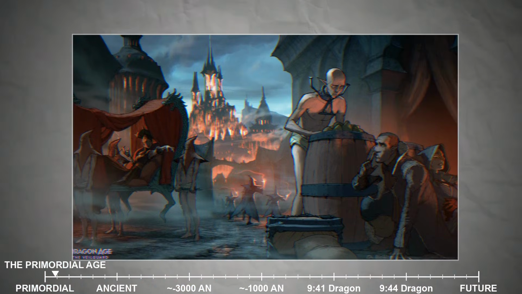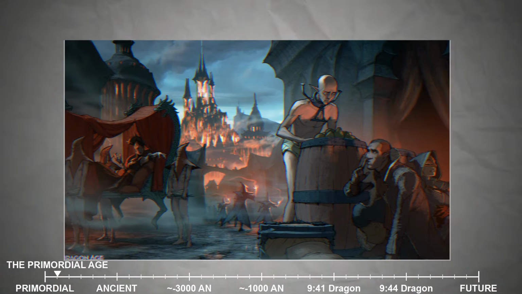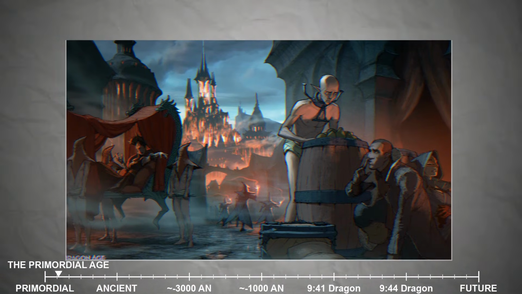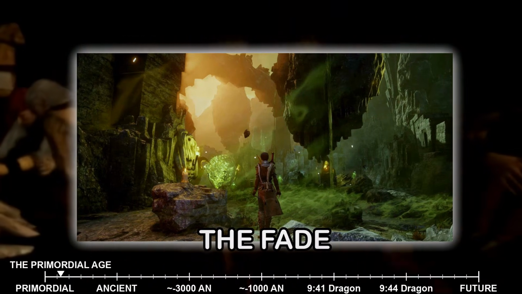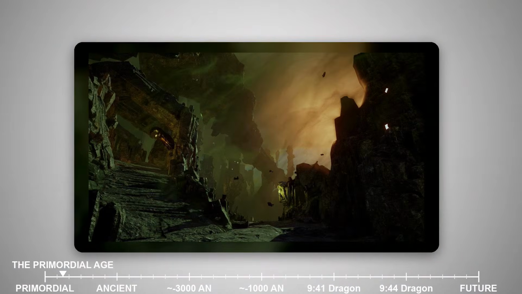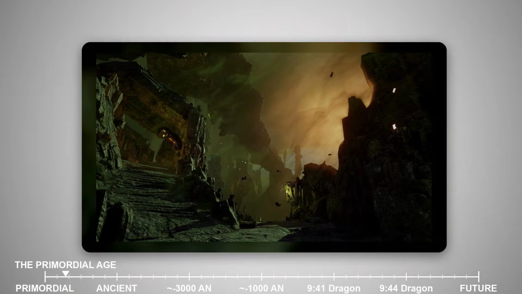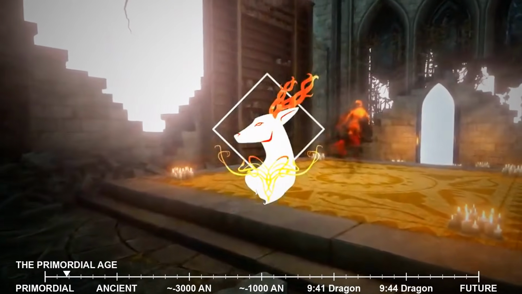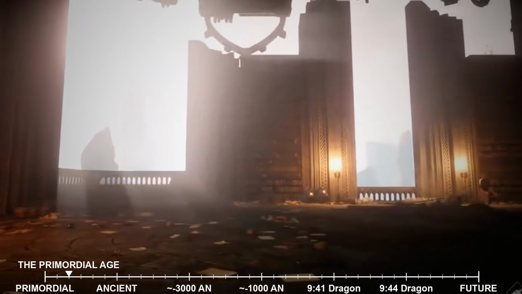In this primordial time before time, the Maker's first act of creation was not the solid earth or the bright sky, but something altogether more ethereal. The Maker brought into being the Fade, a realm of raw magic and possibility, a place where thought and reality were one and the same. The Fade existed as pure potential, a canvas of dreams and ideas given form through will alone. It was a realm without physical laws, without the constraints of matter or mortality, where concepts themselves could take shape and walk as living things.